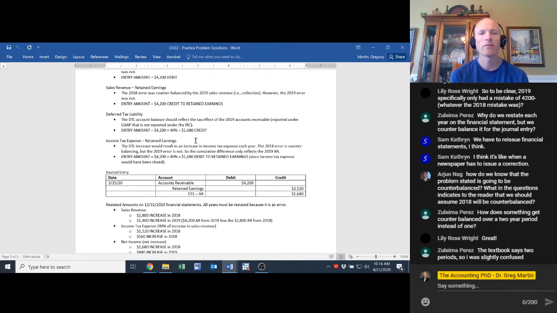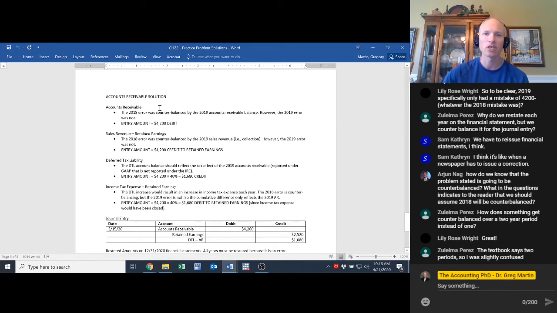Now I want to highlight the fact that with the retained earnings account, there are 2 things that are going to affect that account. There's the effect from sales revenue, but if you look down below, there's also the effect from the income tax expense. If you remember from the last lecture, I talked about the balance sheet item, in this case the receivable, that has the full effect from the error, whereas retained earnings is the after-tax effect and the deferred tax liability is the tax effect. And what we're doing here is showing you the after-tax effect in 2 steps.